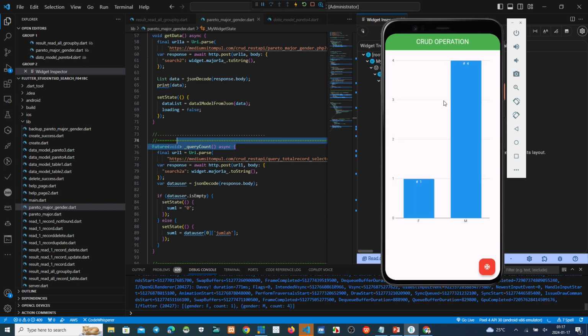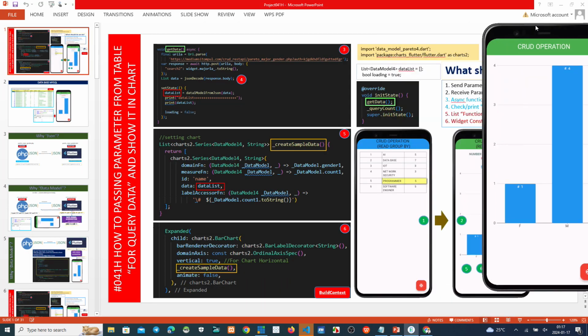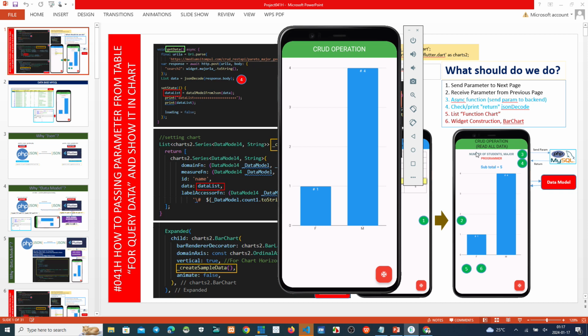Okay, now this is the result. Yeah, about the chart. Now we make information like this. Like this one. Yeah, number blah blah blah.